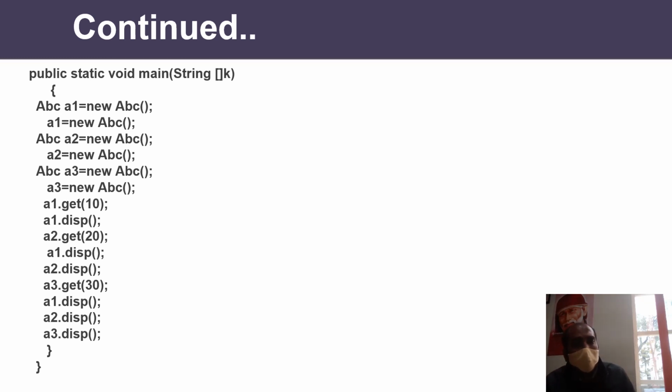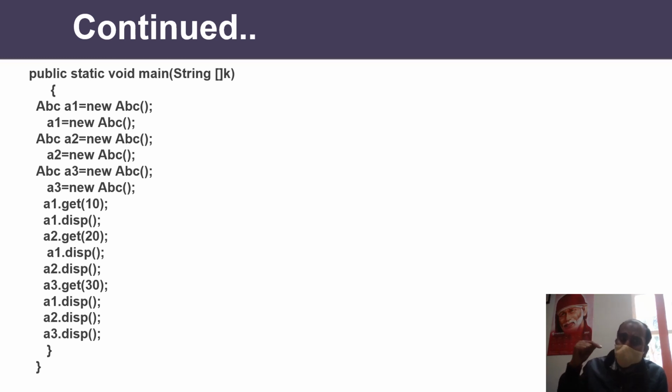While you are calling A1.display, the memory for A was separate and contains 10, but B now contains 2, so the value of B will be displayed as 2. When you call A2.disp, A2 has a separate memory location for A, so it contains 20. So the value of A will be 20, but B is now 2. Again you call A3.get and pass 30. What will happen? A3 has a separate memory location for A that holds 30, but now the value of B is 3, and that value of B is 3 for A1, A2 and A3 all.